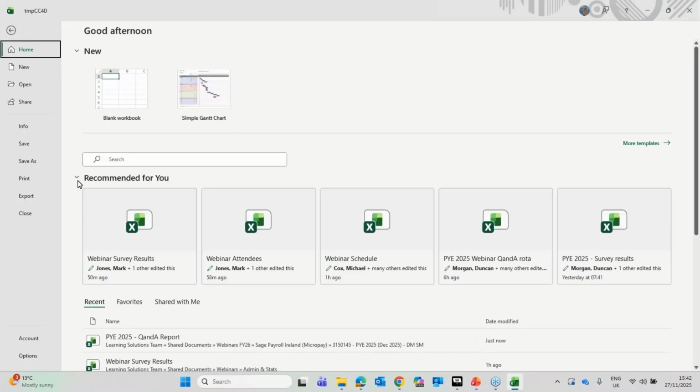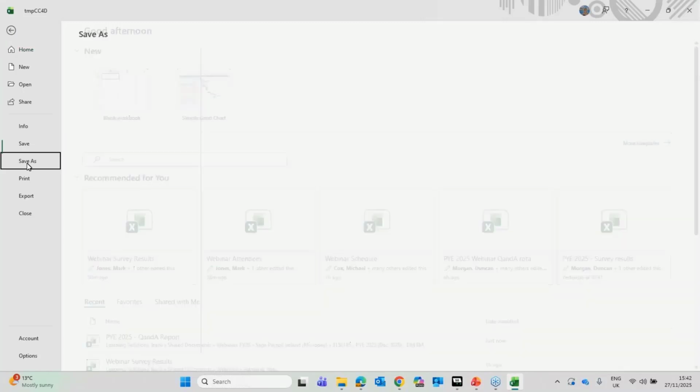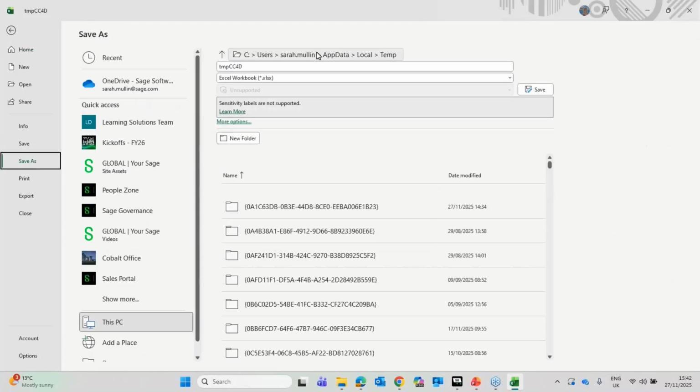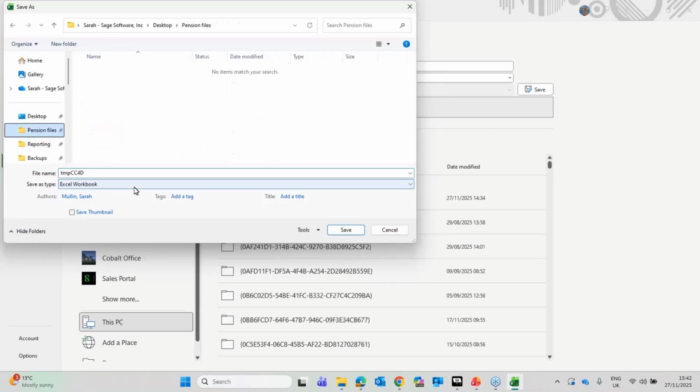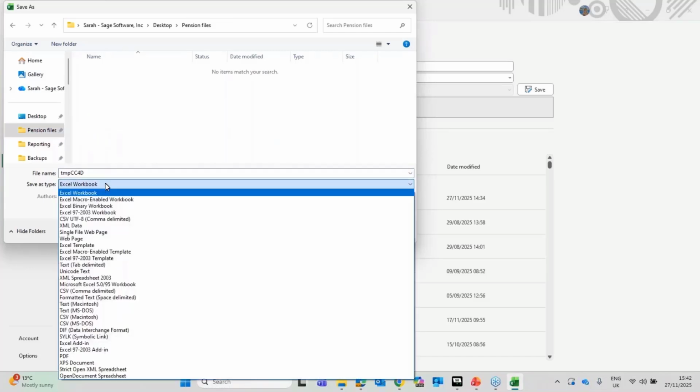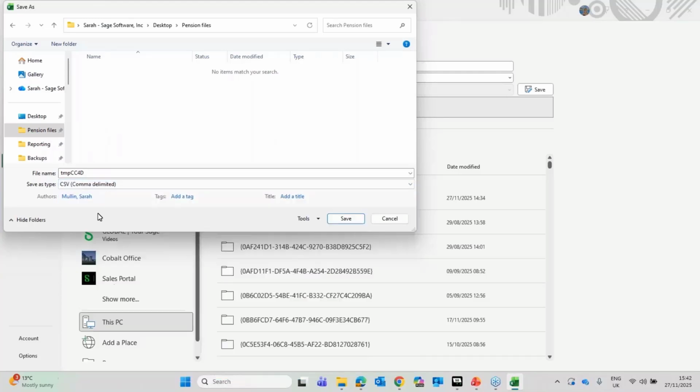Now, what you want to do before you upload this directly to the pension provider portal is you would just save this file. Now, I have a folder called pension files, so I'm just going to save mine there. And you can see you want to save it as a CSV file. Now, if you save it as a CSV file, that just means that you can upload it directly to the